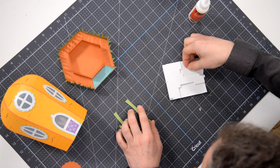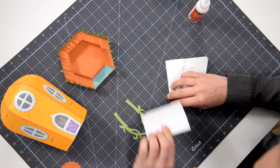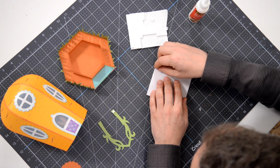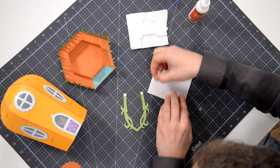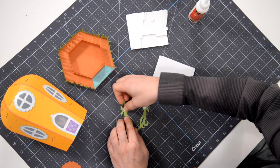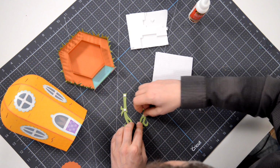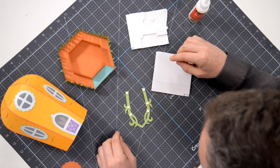And let's see, these are maybe a little too big. Let me see if I have something a little smaller. I do. I have some smaller squares here. I think I actually got these in a paper crafts magazine at Barnes & Noble. You know, those packs where when you buy them, you end up getting stamps and papers and all kinds of cool stuff. And I don't really use the stamps very often, but